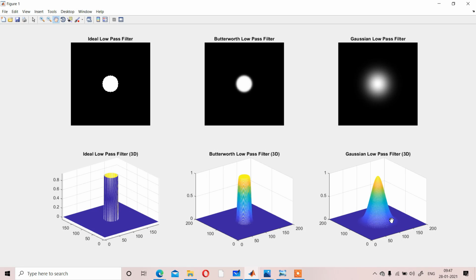For that case also, the reducing of the intensity in the boundary portion is more abrupt, so you will get more blur in the boundary portions. Means what?